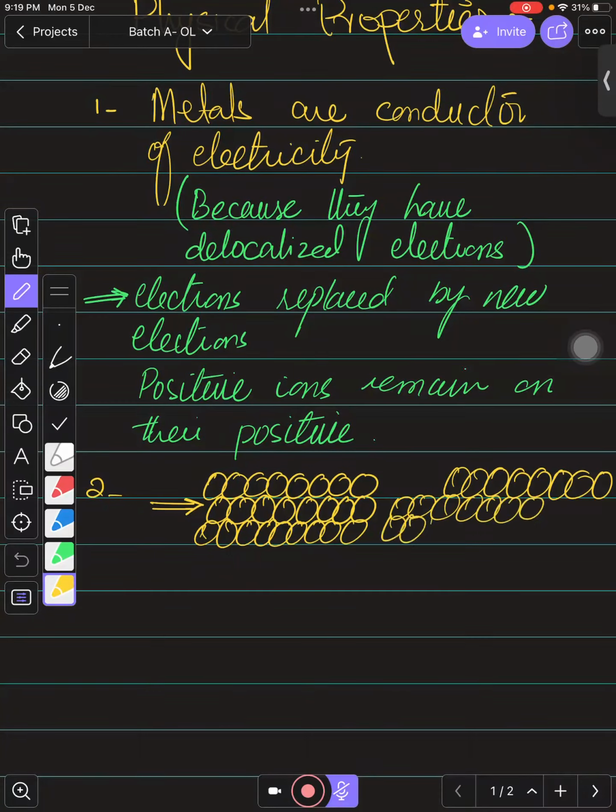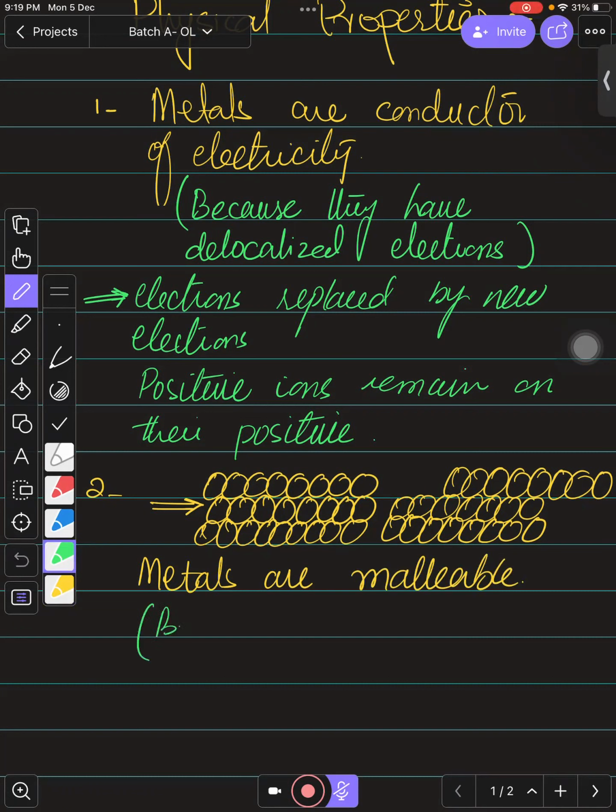When the layers slide over each other, that means the structure of the metal is now disturbed and changed. That is why whenever you apply force on metals, they change their shape, and this physical property is known as malleable, right? So you can say that metals are malleable, right? Metals are malleable. And if you want to know the reason for this, you can say that because